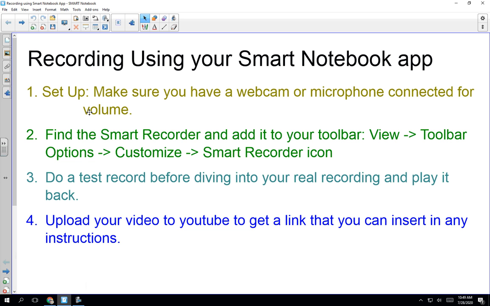All right, I'm going to take a quick minute to show you guys how to record using your SmartNotebook app. The first thing that you need is to make sure you have a webcam or a microphone connected that will record your volume. The next thing you need is the Smart Recorder,